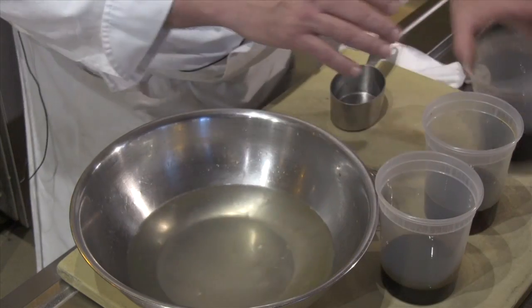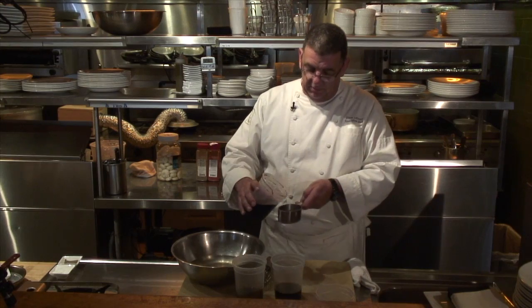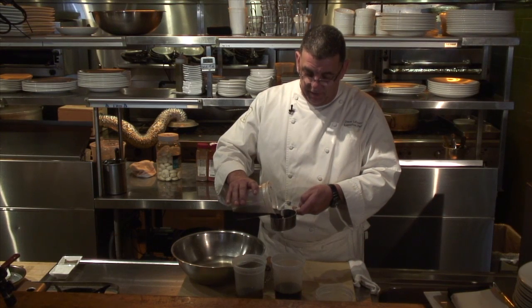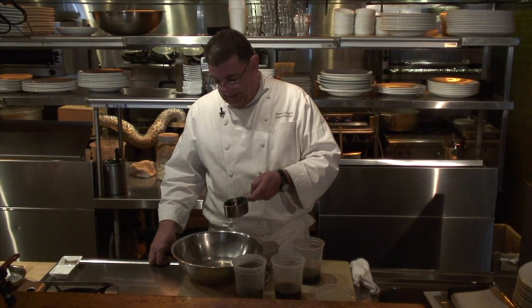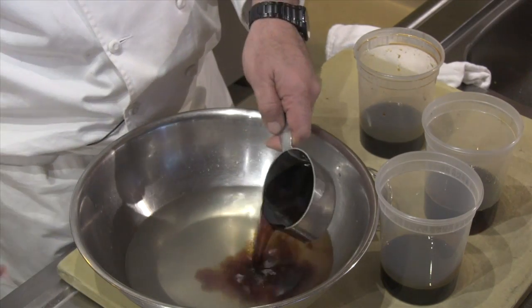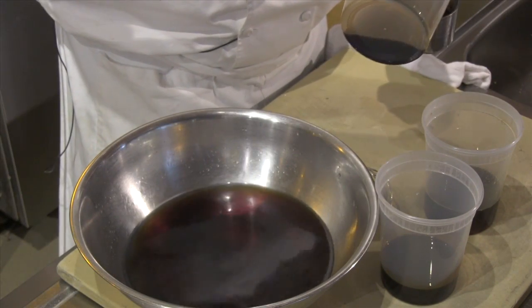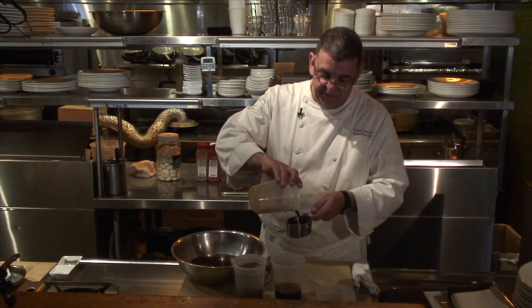And rather than using salt, now I know a lot of people use kosher salt in brines, and I've heard from people, one of my customers just told me, oh, I brined a turkey and it was extremely salty. Rather than salt, I like to use soy sauce because it will give you the sodium that's required in brining. But at the same time, this will help to add a nice rich brown color to